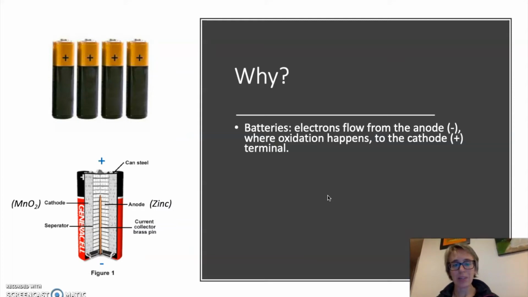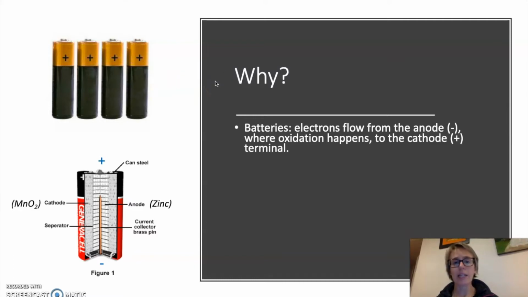I want to wrap this up with kind of a why do we care about this sort of stuff? I would say that one really important application of this is batteries. I mean, where would we be without them, right? In just your regular alkaline batteries, or more complex cell phone batteries, rechargeable ones, there's an anode and